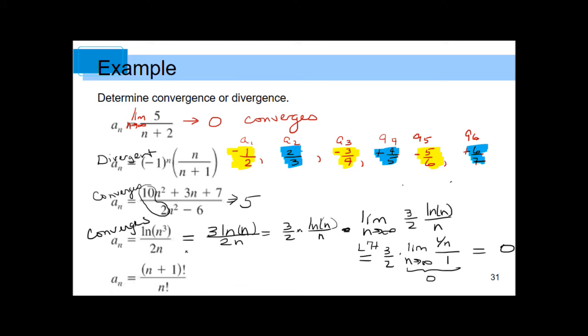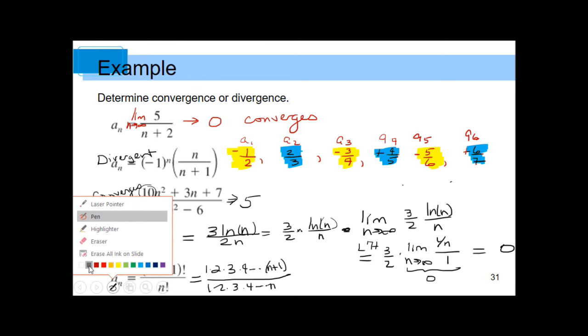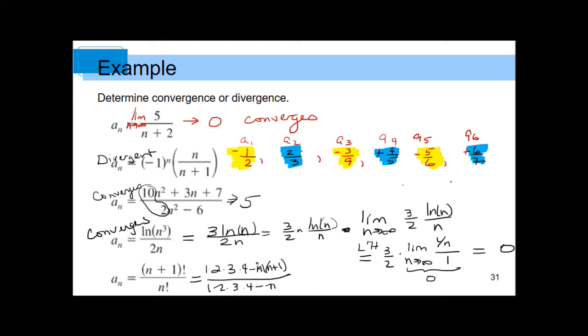Okay, and one more. We have a sub n equals n plus 1 factorial over n factorial. In these cases, it's good to simplify if you can. Remember, factorial means 1 times 2 times 3 times 4, etc., all the way up to the highest number, in this case n plus 1. And then in the denominator, we have 1 times 2 times 3 times 4, all the way up to n. We need to see the n in the numerator so we can get an idea of what's going on. Right before n plus 1, the term before that would have been n. So everything up through the nth term is going to divide out. So really, a sub n is just n plus 1. And if you take the